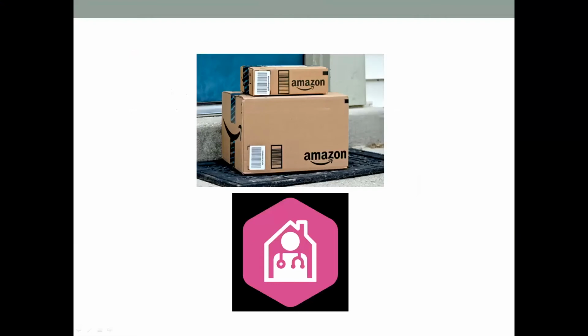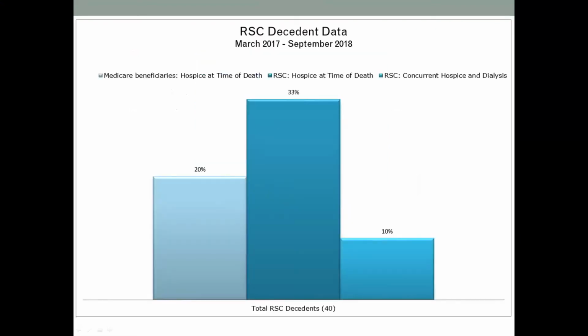I do wish that the kind of infrastructure that hospice provides is available further upstream, but we're sort of dealing with what is available right now. And so this is some data from our decedents over a little more than a 1.5 year period of time. In this very light blue here, this reflects the published data around Medicare beneficiaries who receive dialysis in general, and whether or not they're receiving hospice at the time of death. So even if your hospice length of stay is 1 day, you'd be included in this.